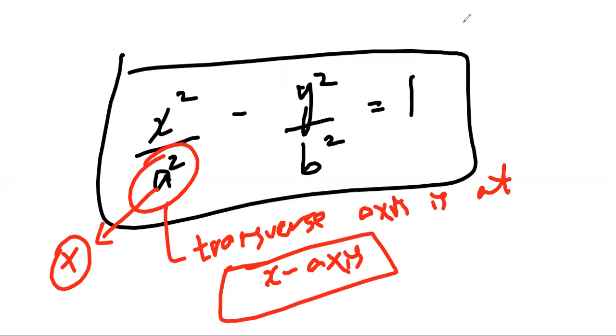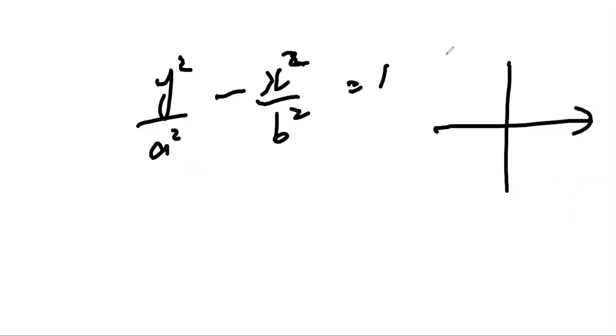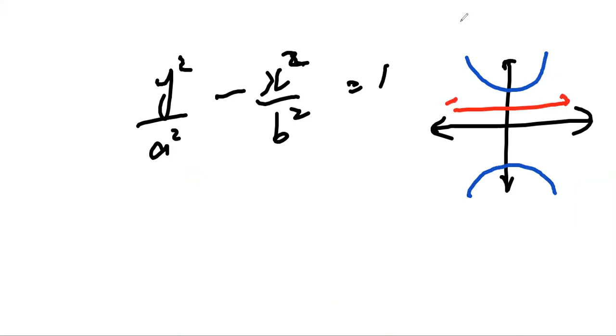I'm writing the equation for the y-axis. If the hyperbola is lying on the y-axis, then the equation becomes y square upon a square minus x square upon b square is equal to 1. The points will become, I'm drawing a rough figure. This is y-axis, this is x-axis. Now the hyperbola will be like this. All right, this will be directrix. These will be all points. There's a focus point. This will be vertices.